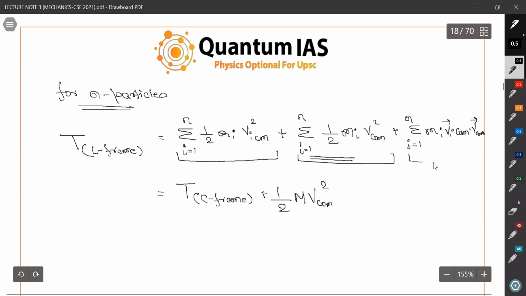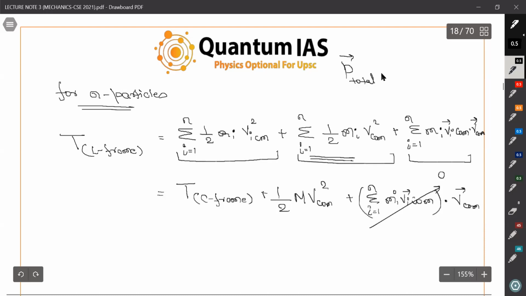Plus summation i equals 1 to n of mi vi center of mass dot v center of mass. So this turns out to be 0. Why 0? Because this is the total momentum with respect to the center of mass, and we know that the total momentum of this system is equal to the